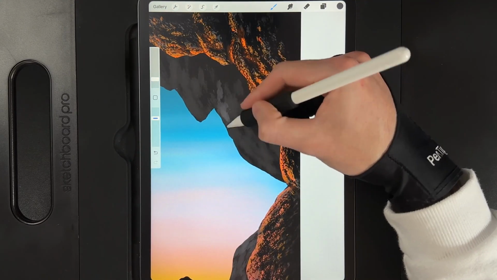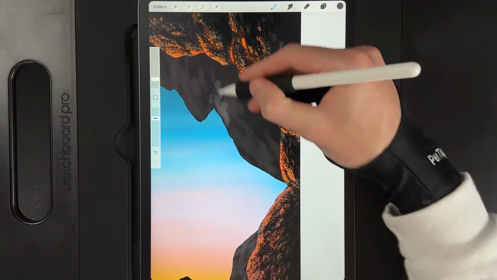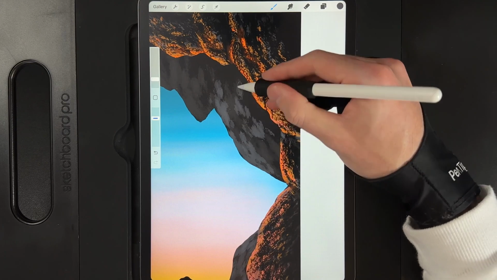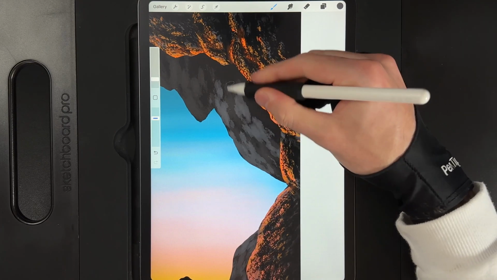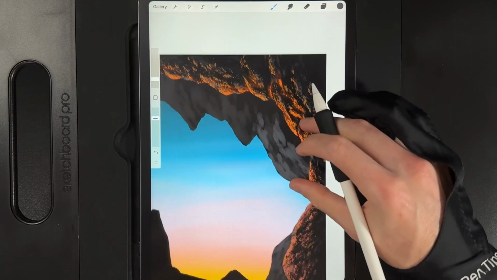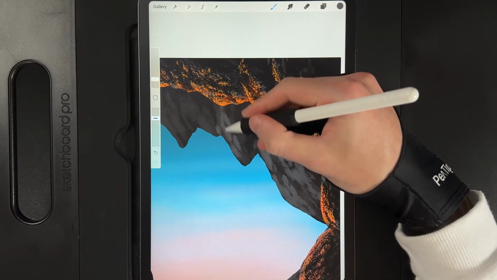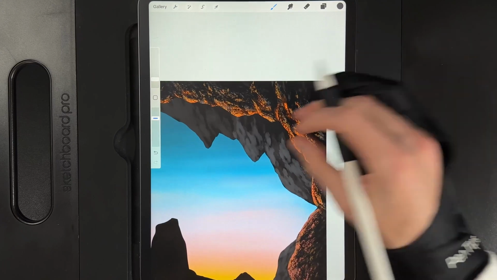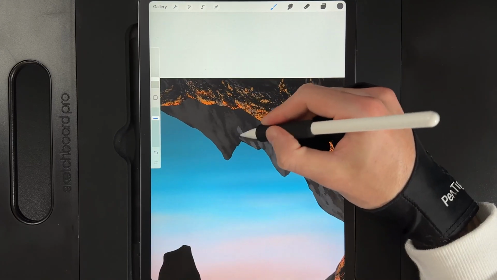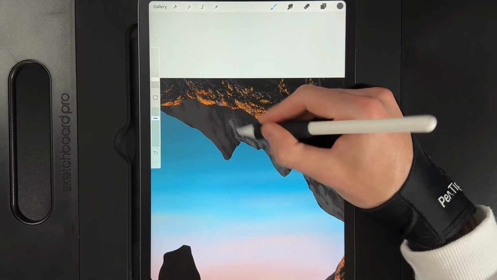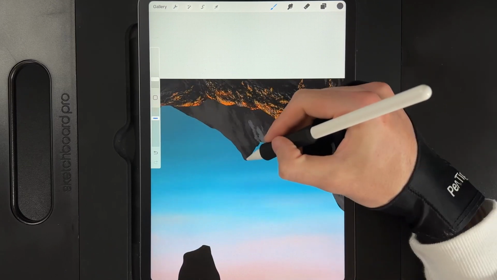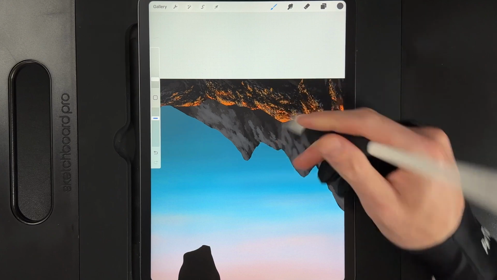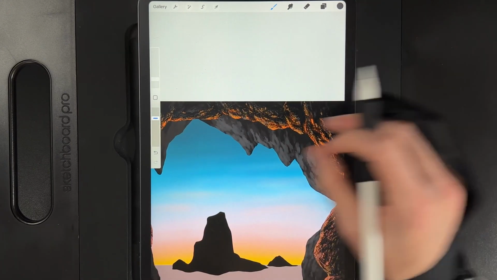So I want to create this rock, this part here, sit in front of this little peak. So I'm going to bring that down. I'm going to create a nice little ledge in here too, like that. I'm going to come down this peak here, this point, like so. I'm going to do the same here as well, a little bit like this, and then this point here too. We're just going to go around that edge, layering on top the color, creating that nice rock look,